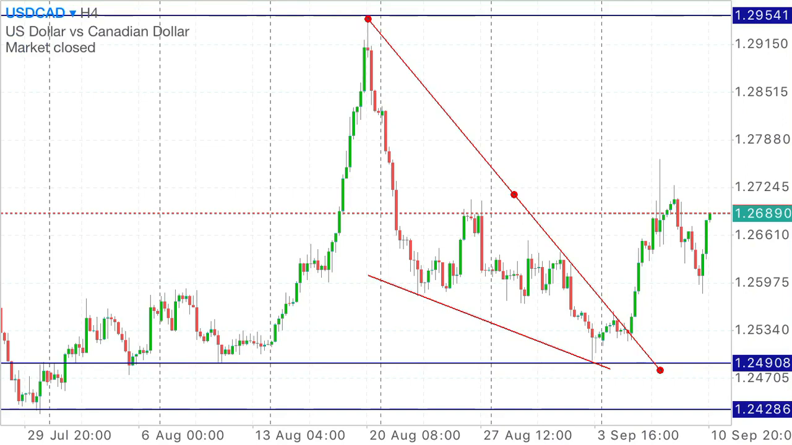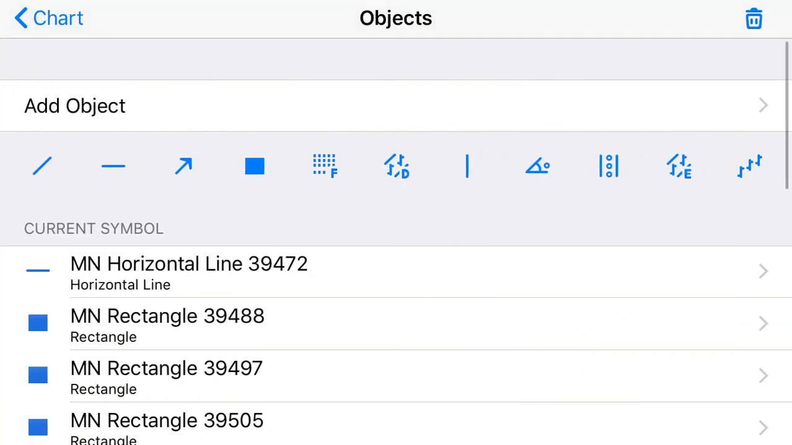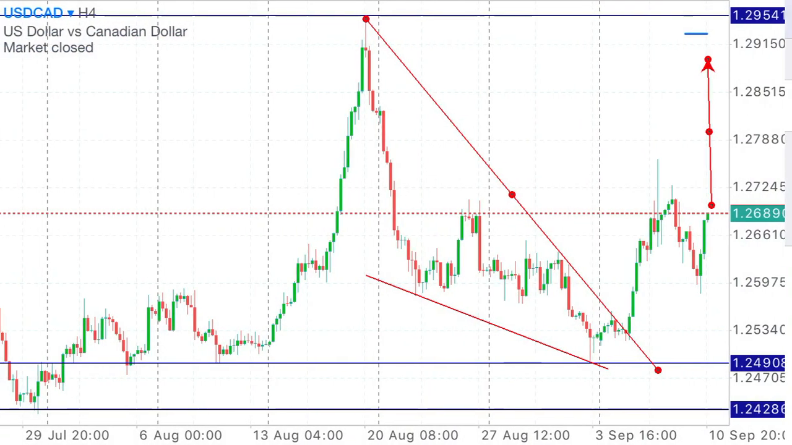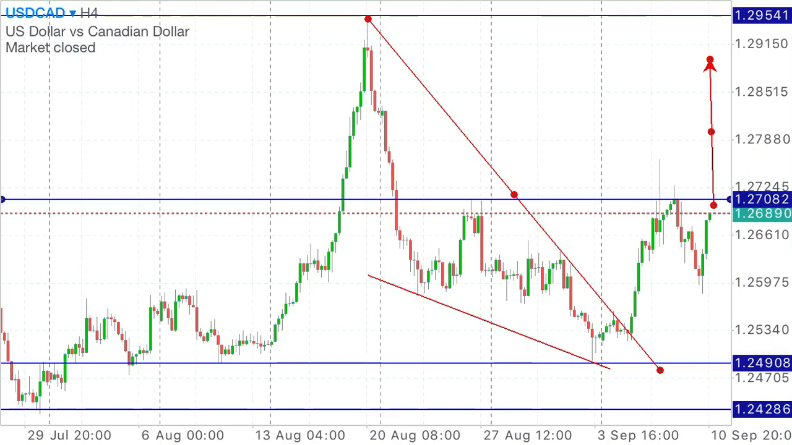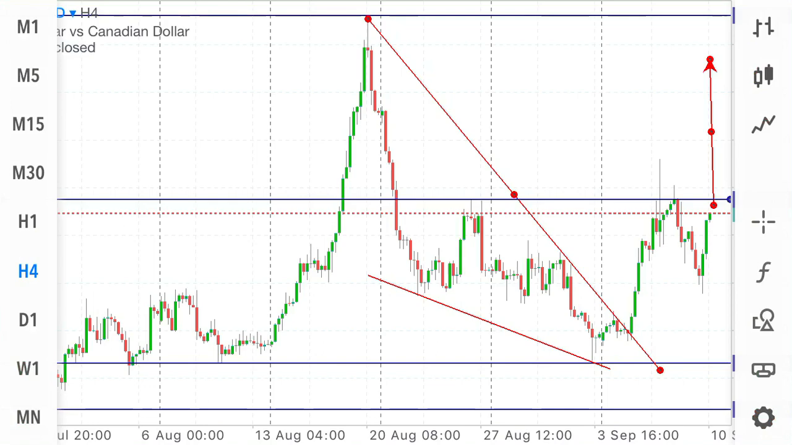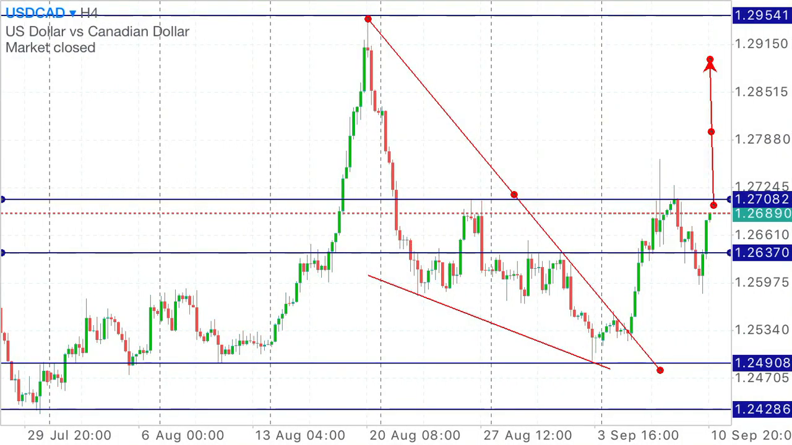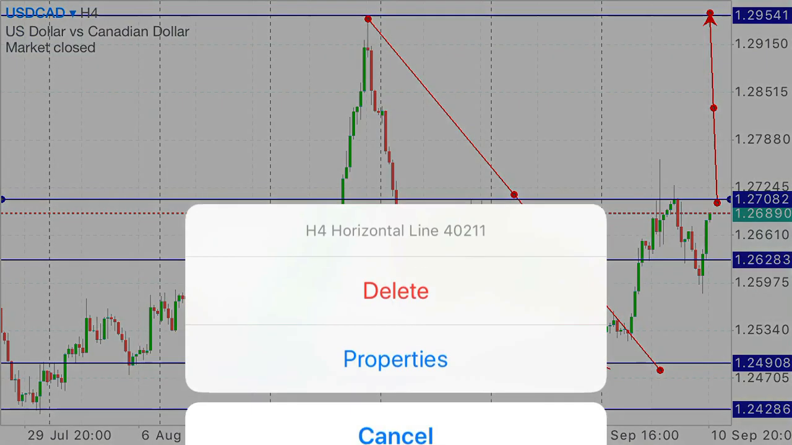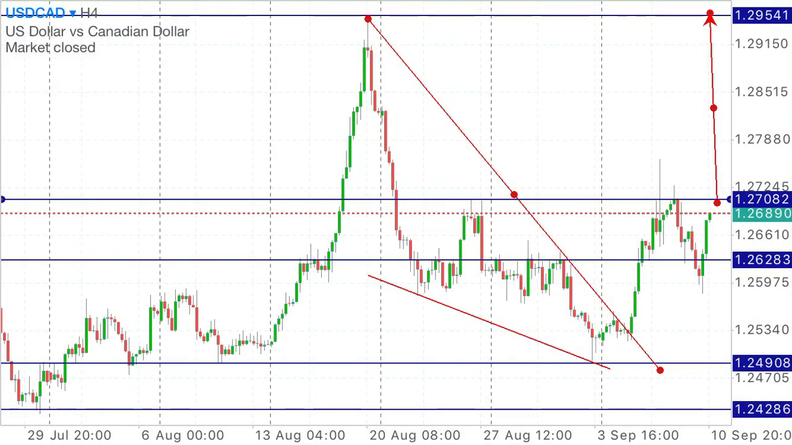So now I'm expecting prices to continue. Again, we're also having this resistance over here, and also this one, right? So now I'm expecting prices to break above 1,27082. So now I'm still expecting prices to go up even on H4,